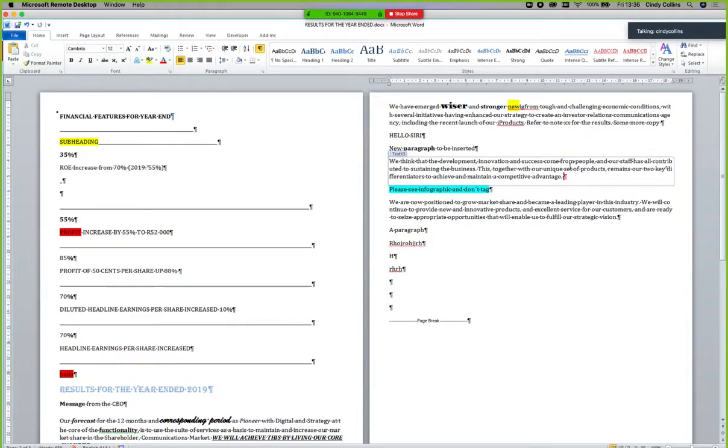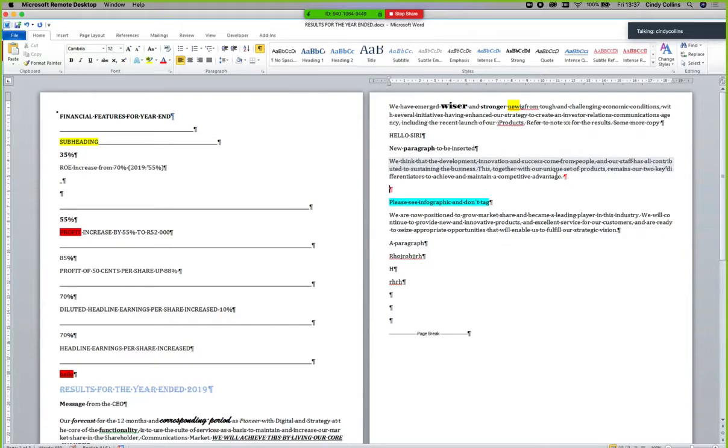Now, if you need to insert a new paragraph, what you would do is let your cursor be in between the very last character and the hard return. You will then press the right arrow on your keyboard, which would semi-highlight your tag in a light gray color, followed by pressing enter. So it is right arrow, enter, and that will enable stepping outside of an existing tag. And now I'm going to start with start new